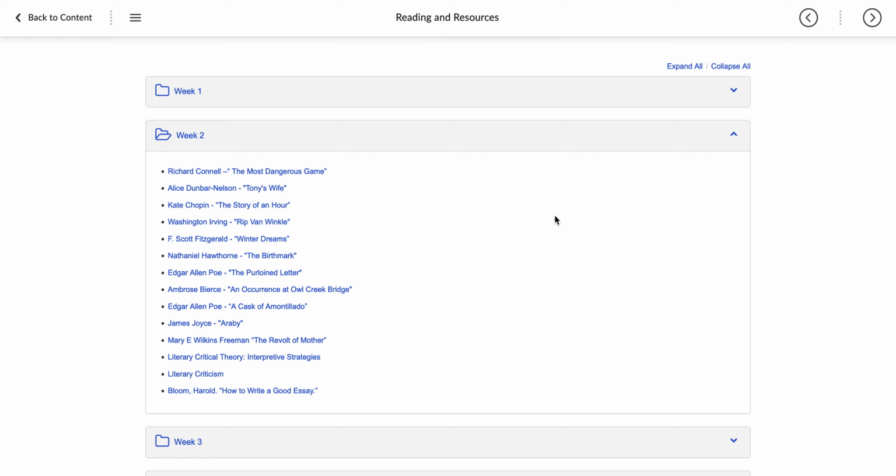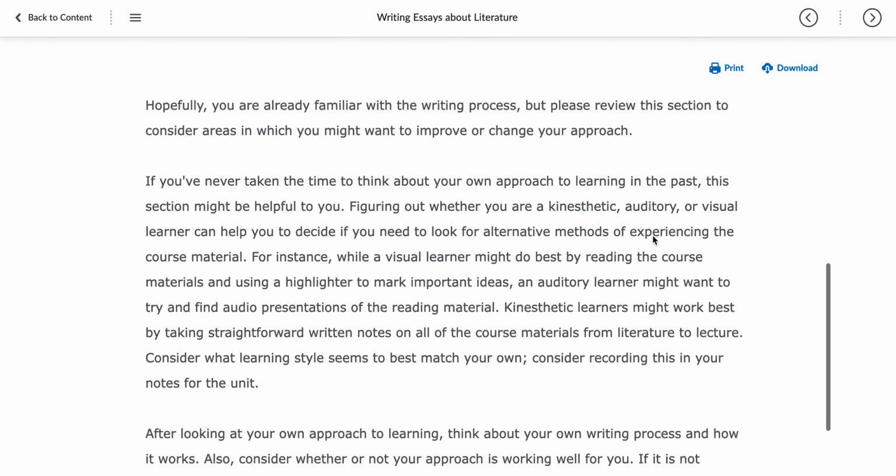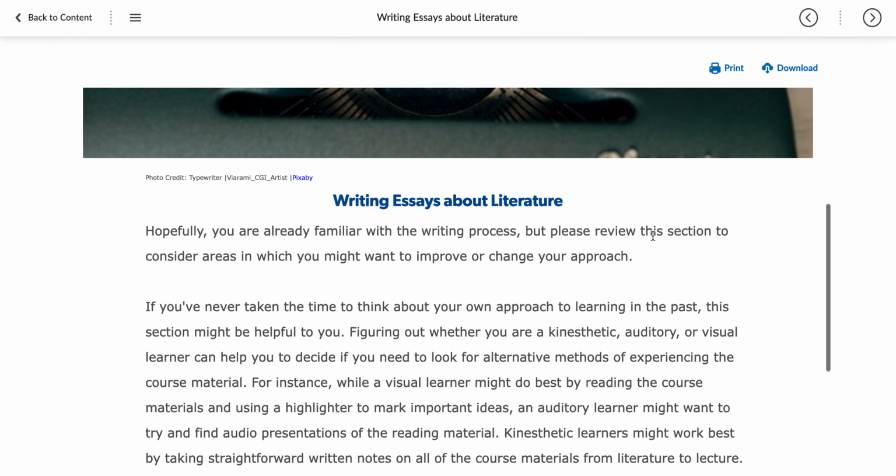So let's go through the lesson briefly. This week you are going to read about how to write an essay about literature. Now, some of you might have taken English 101 already, and that's great. English 101 teaches you to write an essay with an introduction, a thesis statement, body paragraphs that focus on and prove the thesis statement, and a conclusion paragraph. Well, guess what? Lucky you. It is the same in this course.